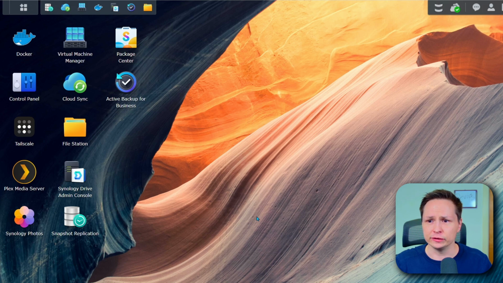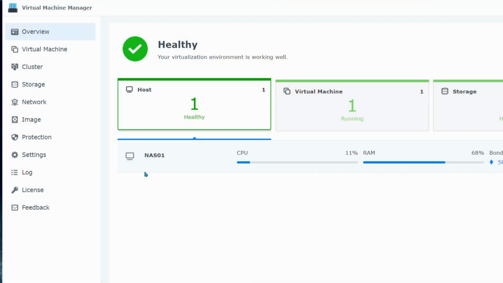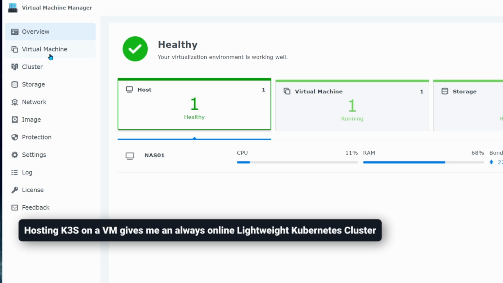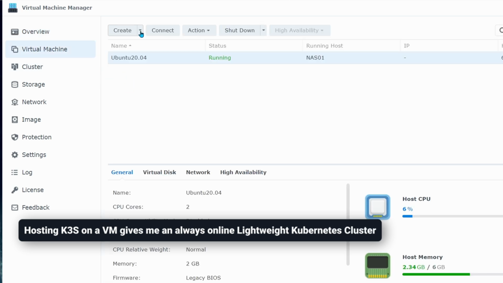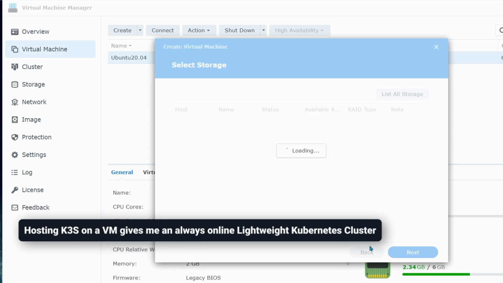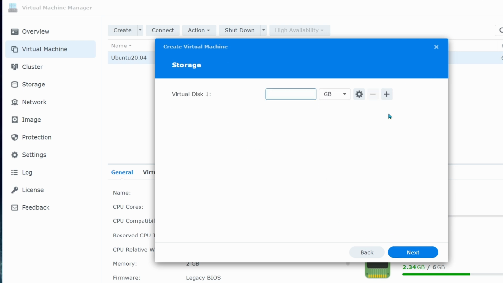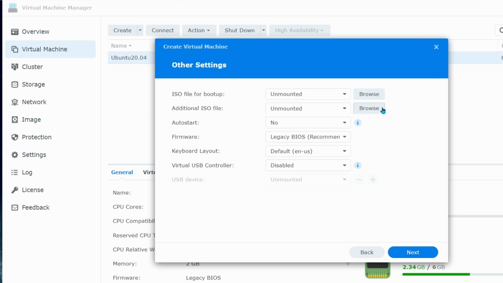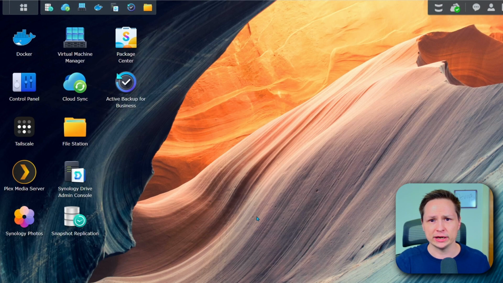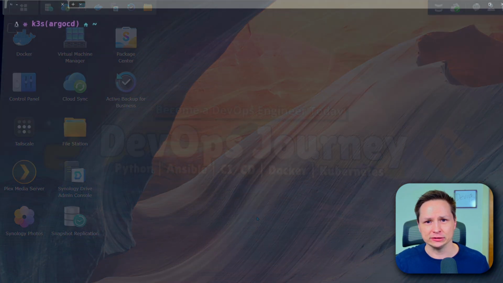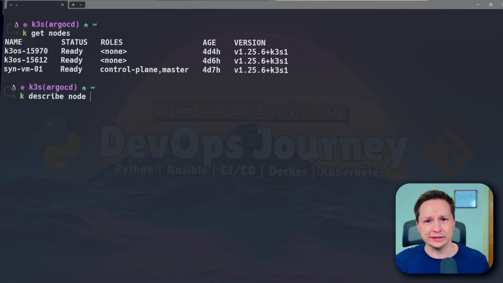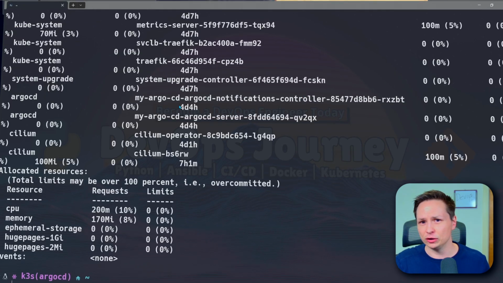Now let's talk about the Virtual Machine Manager, and this is how I actually run a Kubernetes cluster within my Synology NAS, which is really important when you're doing development. Now, if you have like a laptop or a desktop that you use for development, you can do things like Minikube up and just sort of have a temporary environment for Kubernetes development. You can even use something like Rancher Desktop, but having an always-on Kubernetes environment is really important if you're trying to actually learn how to do things in a production way with an environment that always needs to be up,